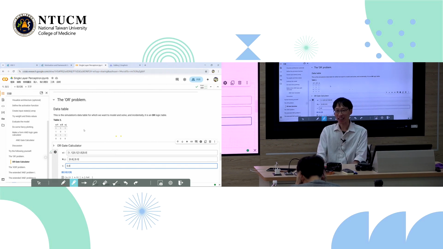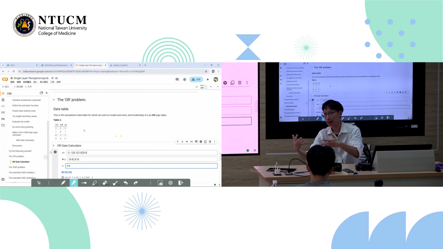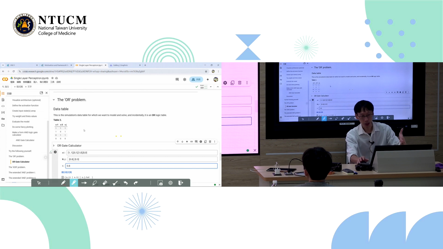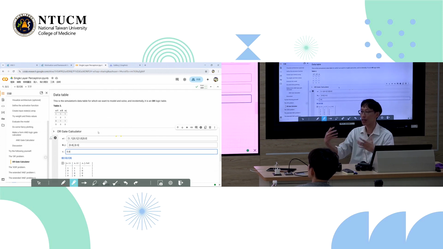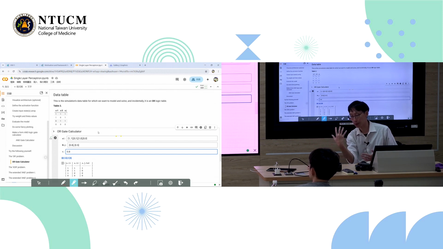So we started out with the AND problem. We implemented an architecture, a function, and then we simulated it and we evaluated it. And we know that that class of problems, the AND problem, the AND logic gate, we saw that it works. With those settings, it does it. Now we ask, well, can it do other things? What if we switch things up and make the data table like this, an OR logic problem? Let's use the same things that we did for the AND problem, and now we feed it the OR gate problem.